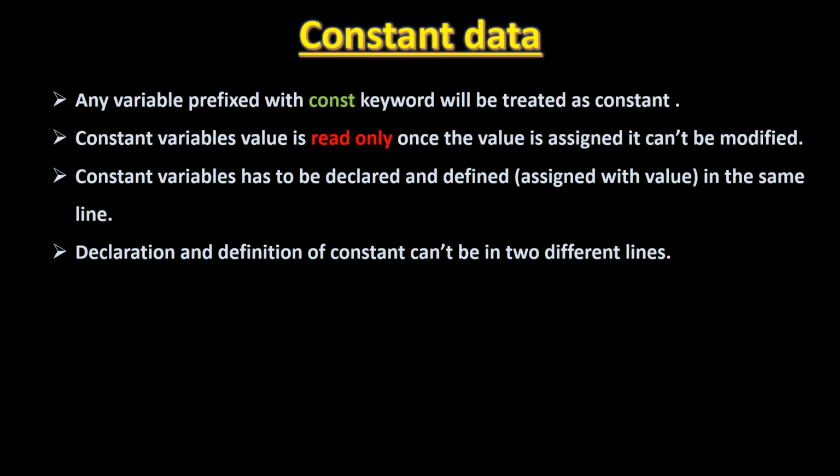Any variable prefixed with the const keyword will be treated as a constant, and a constant variable's value is read only. Once you have assigned some value to the constant data member, it is fixed and cannot be changed throughout the program. Constant variables have to be declared and defined, meaning assigned a value, in the same line. Declaration and definition of a constant cannot be on two different lines. What do you mean by declaration and definition? We'll see that